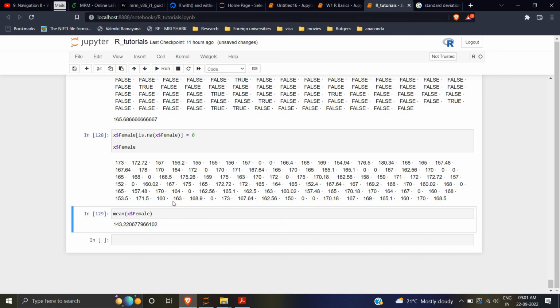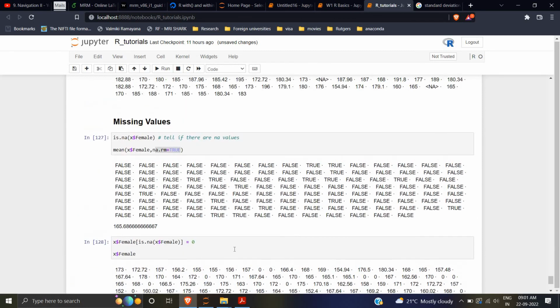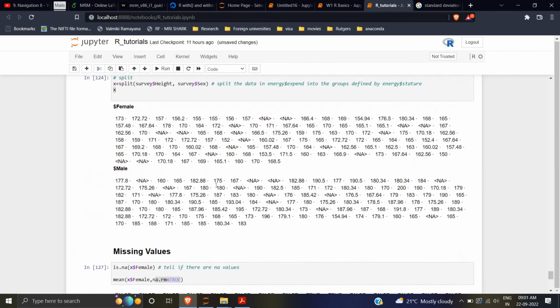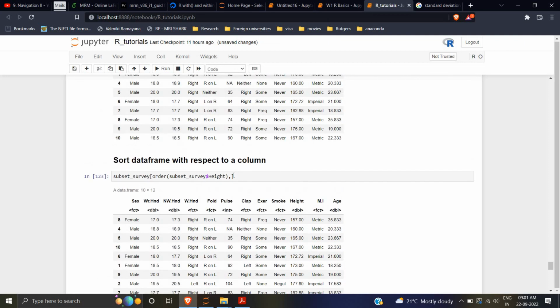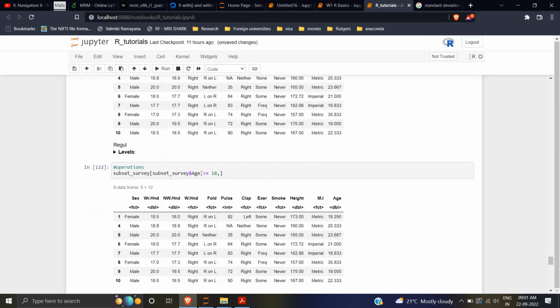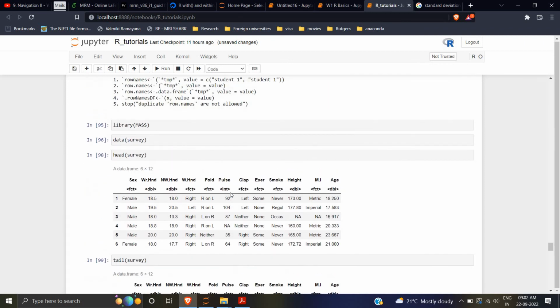Okay, so we saw what missing values are and how we can handle them. We saw an example of a data set. We saw how we can use split, how we can sort the data frame with respect to a column, and access the elements of a data frame. So that was all for this